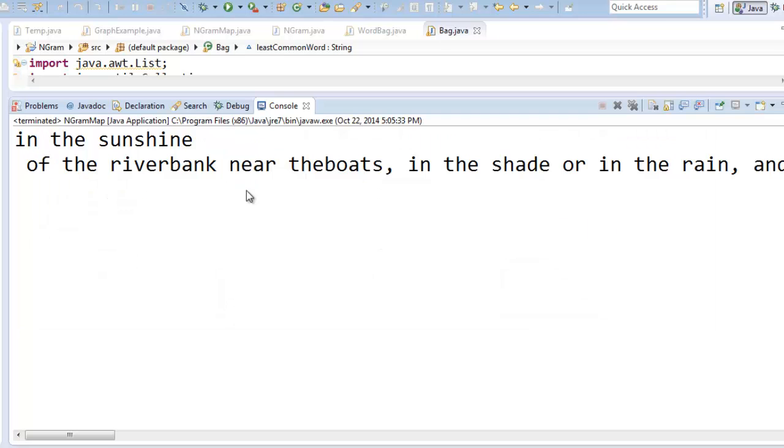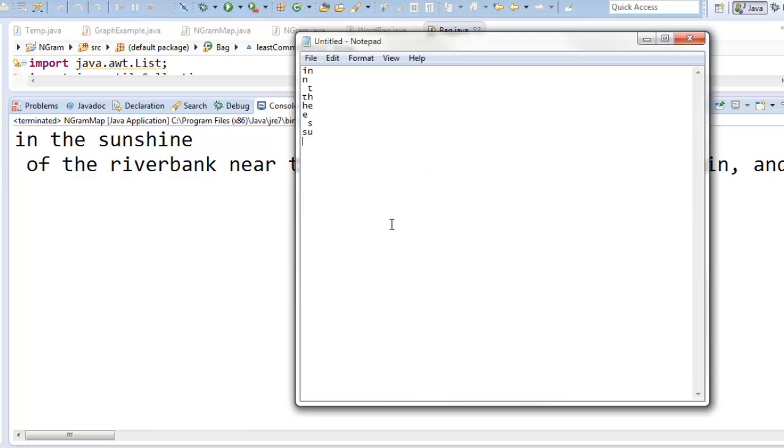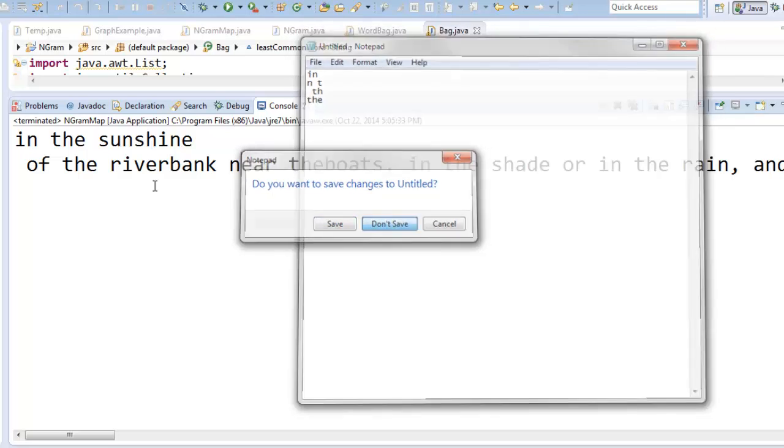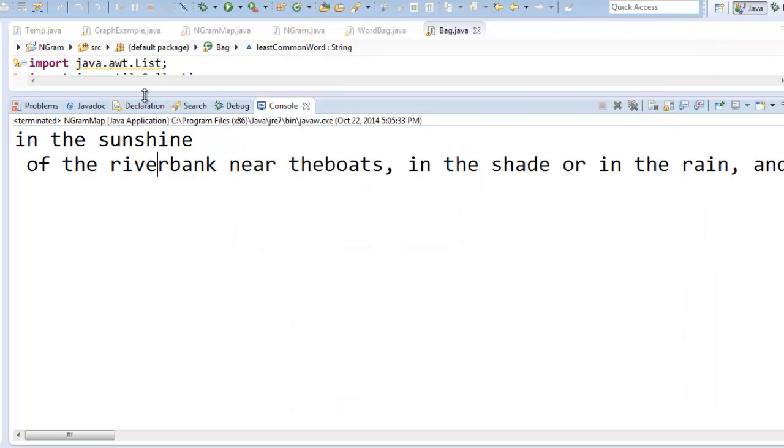If I was going to make trigrams, starting at the beginning, I would have "in ", "n t", " th", "the", and so on. So those are trigrams. All right, what I was asking you to do for your bag class was to create